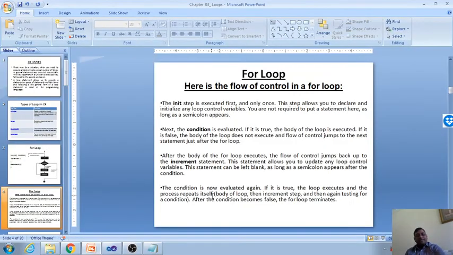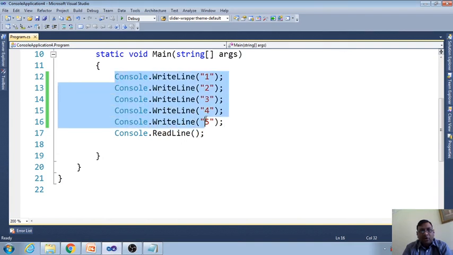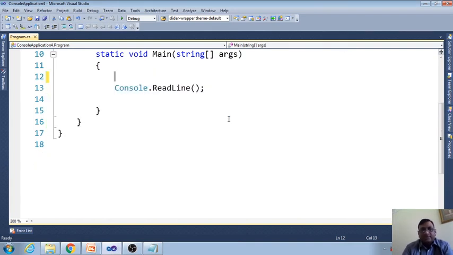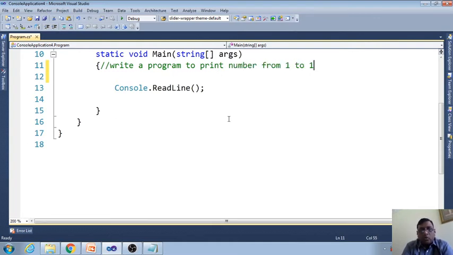I am going to write the program, and from that program it will be clear. The question is the same question I am going to solve here: write a program to print numbers from 1 to 10.